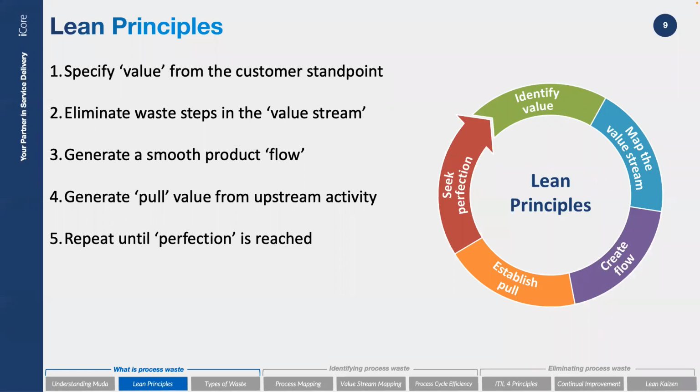Then finally, seek perfection. This principle is about continuously striving for perfection. So really, in old money, we're talking about continual improvement here. The key thing is we seek perfection. We never actually find perfection, because as good as your processes and services might be, or as aligned as they might be, they're only really aligned perfectly, dare I say it, for that moment in time.